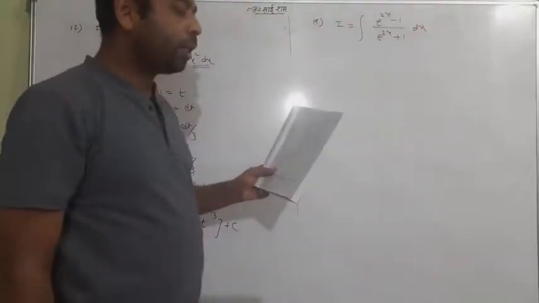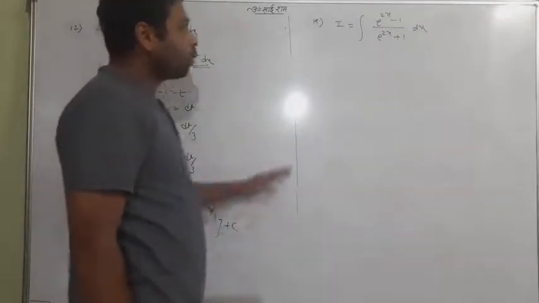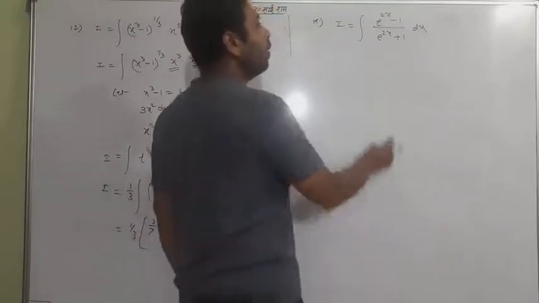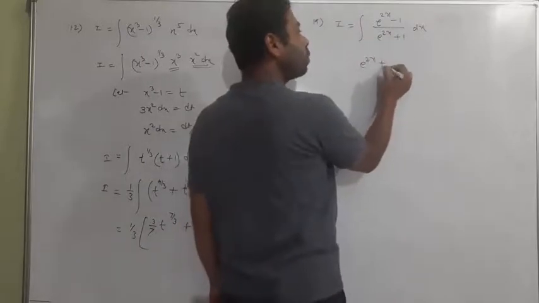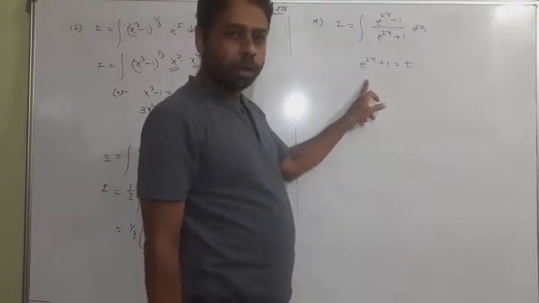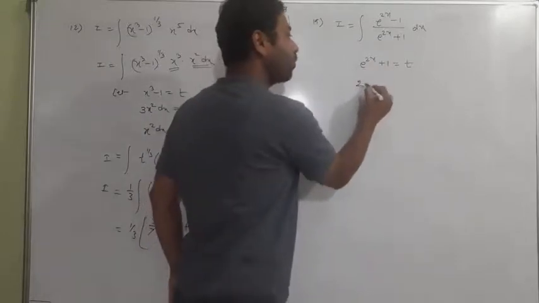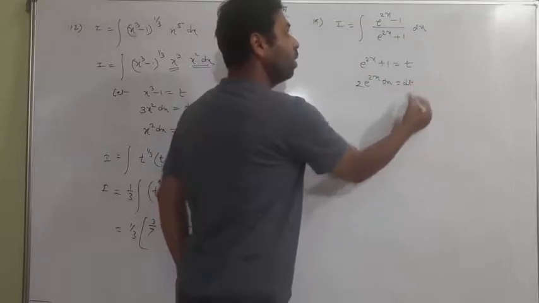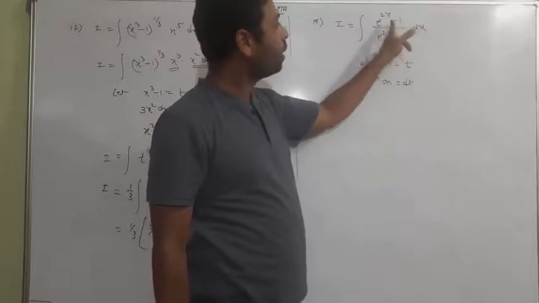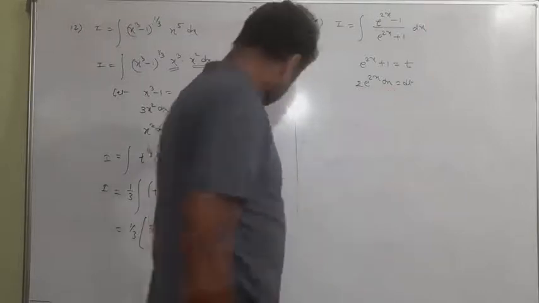and let me tell you, question number 20 is going to be easy when you see this one. This question is very interesting. So what you will do in this question, sometimes students cannot understand it. If you consider e to the power 2x plus 1 as t, what is the differential of e to the power 2x? It's one more method, but I don't want to tell you this method, because e to the power 2x will have a differentiation 2e to the power 2x dx is equal to dt. You will feel that this particular term is not in the numerator side. Look at e to the power 2x minus 1 dx, and you need only 2e to the power 2x dx, something like that. So you are helpless.